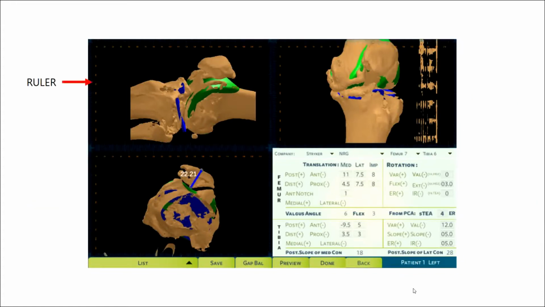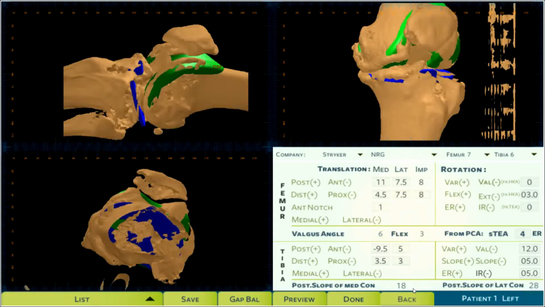The 3 views of the knee have a ruler in the periphery of each window. Also, the user can click on any point in these windows to activate the scale to measure. This tool can be used to measure height, width and thickness of the patella. The 3 views of the knee cannot be further manipulated in the screen. A separate preview button is placed in the middle of the taskbar at the bottom.